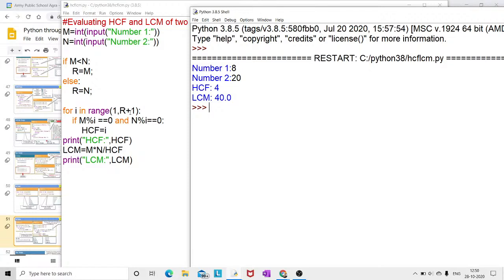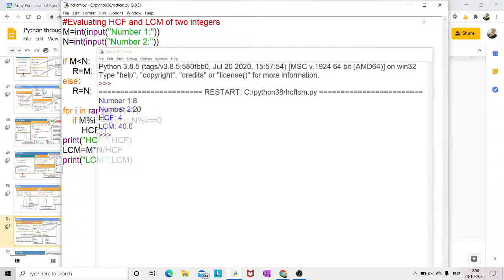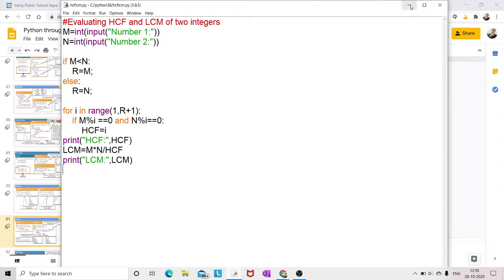ऐसे ही आप ट्राई करेंगे 3 के लिए। फॉर 3 इंटीजर्स यू ट्राई, ओके। एंड हम अपने नेक्स्ट प्रोग्राम पर चलते हैं।